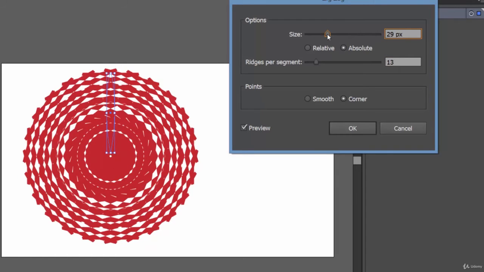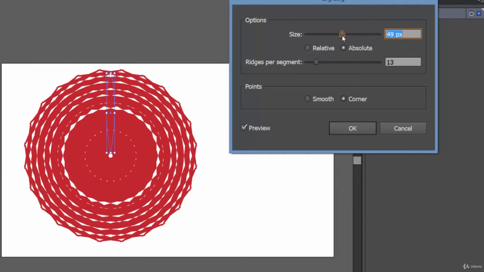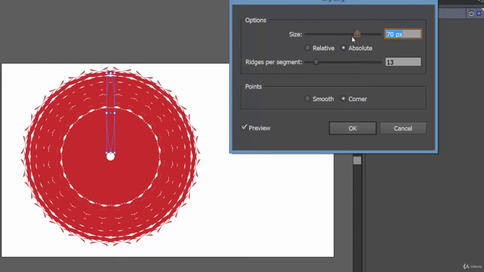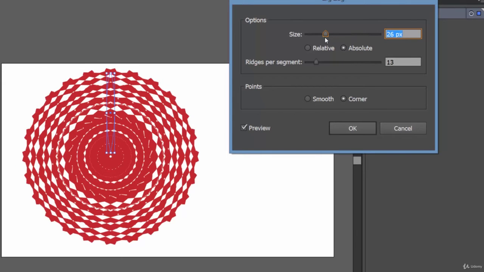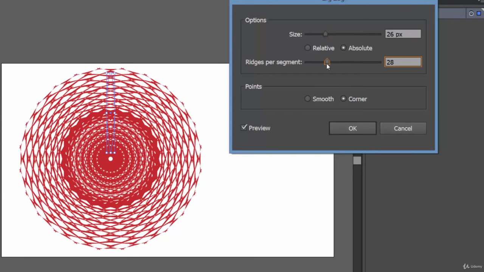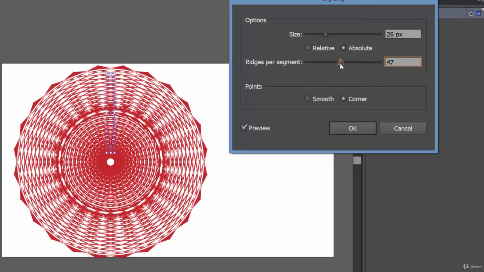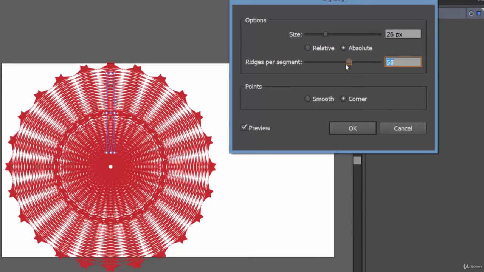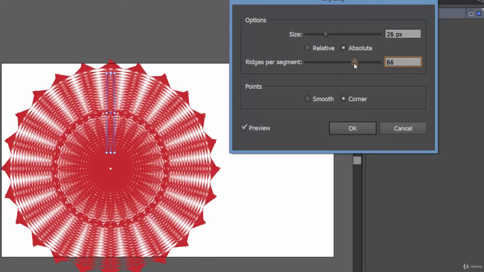So let's increase the size. Let's make it around 26 pixels and adjust the ridges per segment. Complex designs, right?